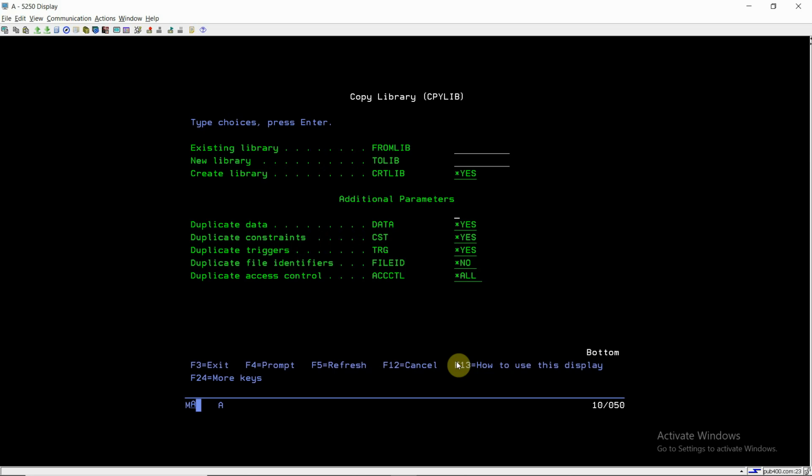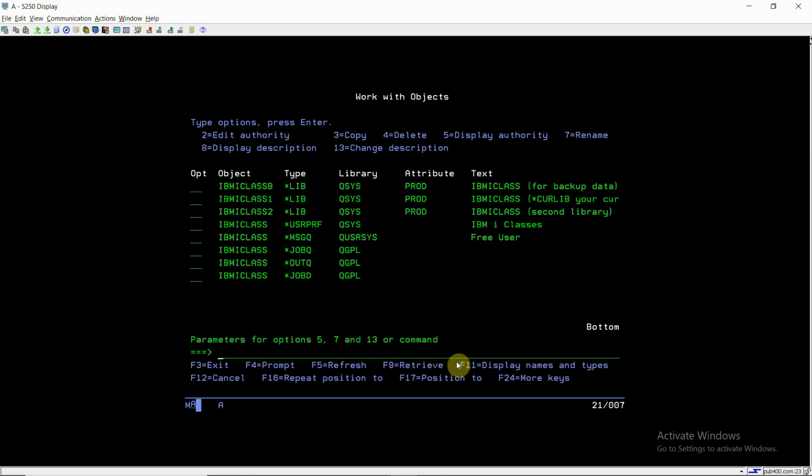They are CPF2358, which is library partially copied or not copied. In case any object already exists in the to library, that object will be left or ignored, and other objects will be copied. And CPF2365, in which from lib and to lib are specified as the same.